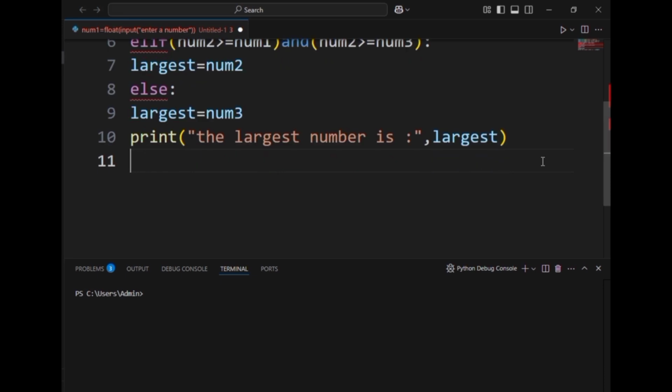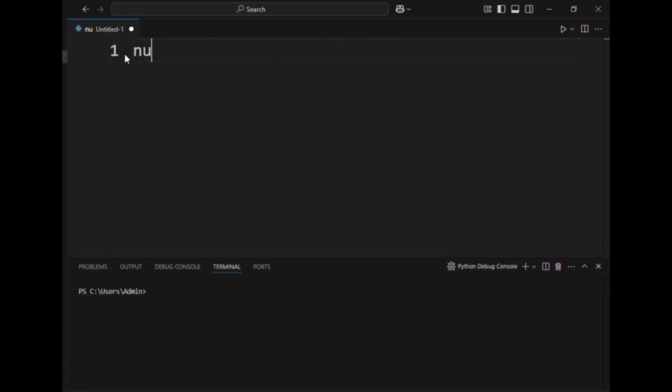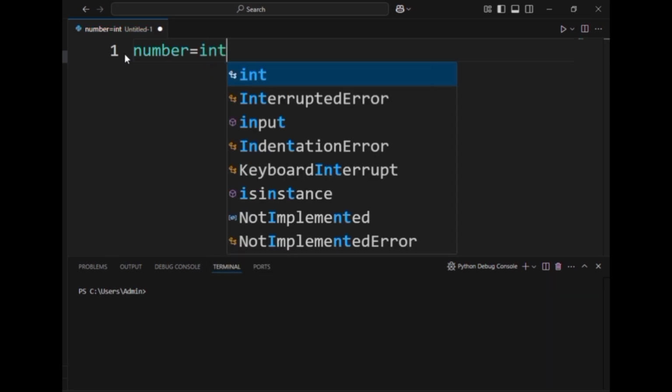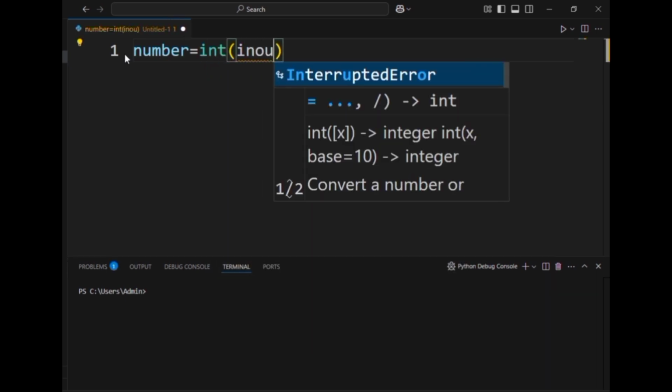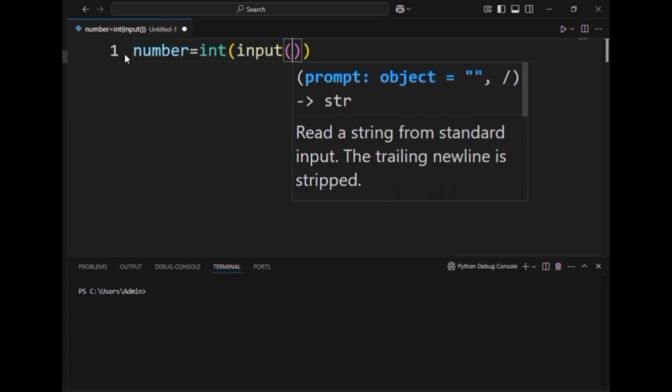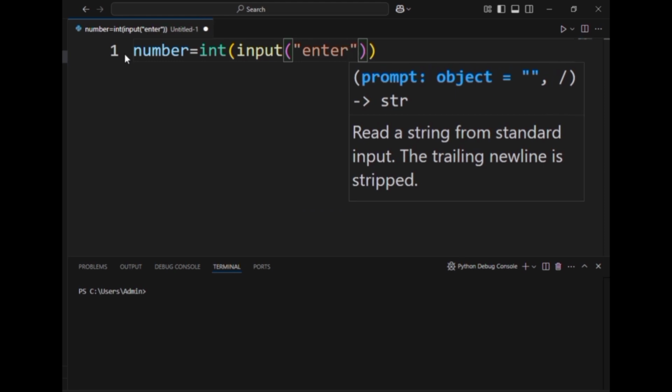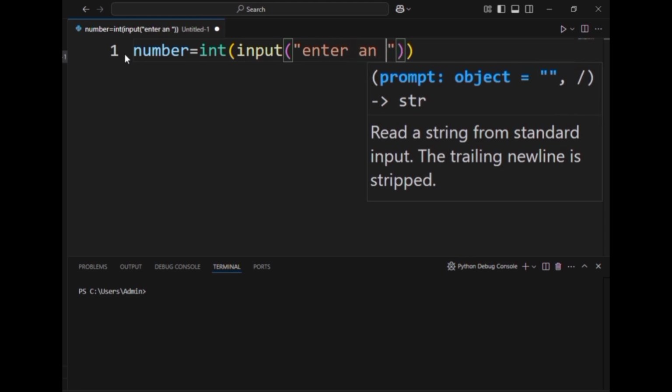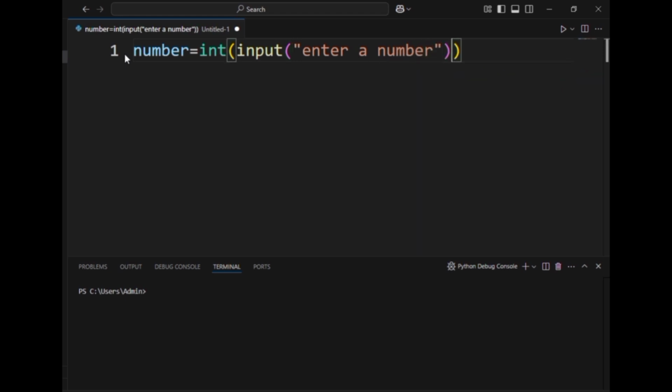And we can execute it. Now let us write another program using if statements. Okay, so to find an even number or odd number, I'm writing one program. For that, we need to take one number. So I'm accepting one number: number equals input, enter one number.